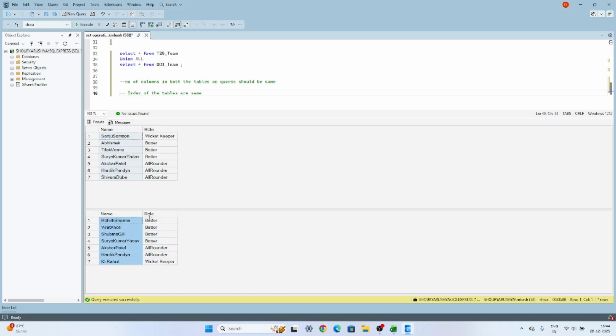Okay, so you can't have roll number first and name second. If you combine these two things, the set, you can't do set operations. Third important concept is the data type